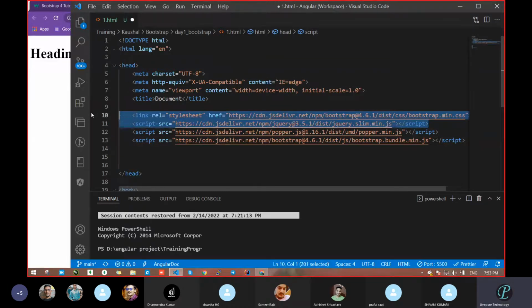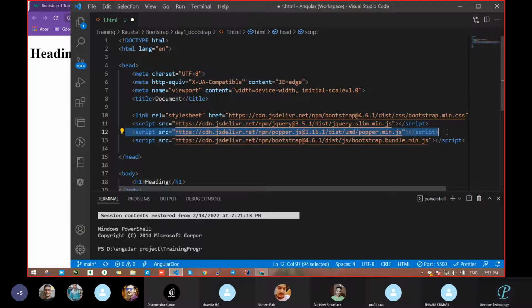Don't keep this in the last line or first line, anywhere else, because execution is line by line. Suppose some line of code is dependent on jQuery, and that code is written inside this file. During execution, that code wants jQuery, and if jQuery is not there because you changed the position, it will not get that file, and it will not work.